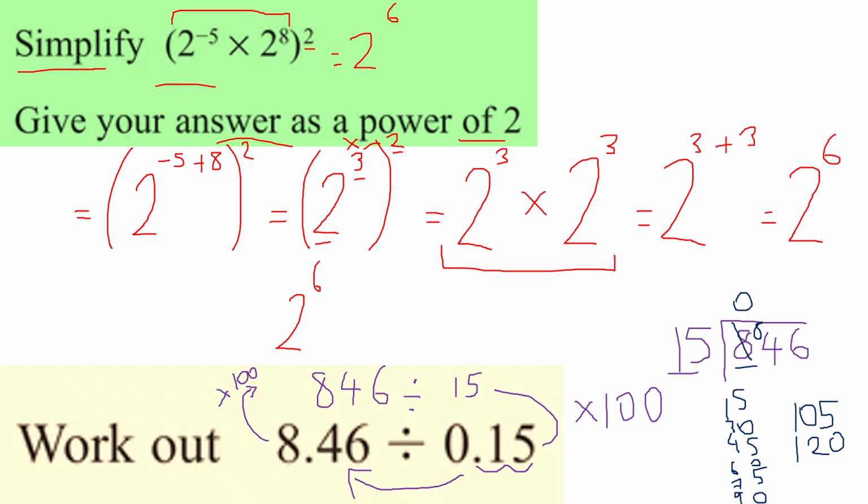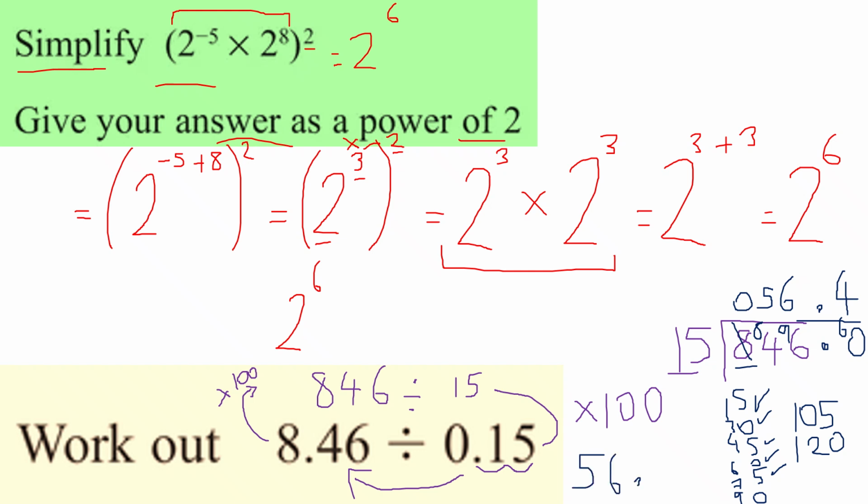So it goes in once, twice, 3, 4, and 5 times. So it goes in 5 times fully with a remainder of 9. 15 into 96 goes 6 times, remainder 6. I'm going to put a decimal point there. And then 15 into 60 goes exactly 4 times, giving us a final answer of